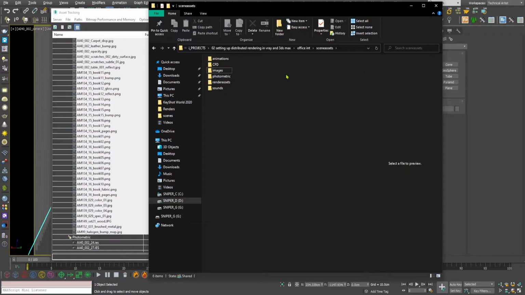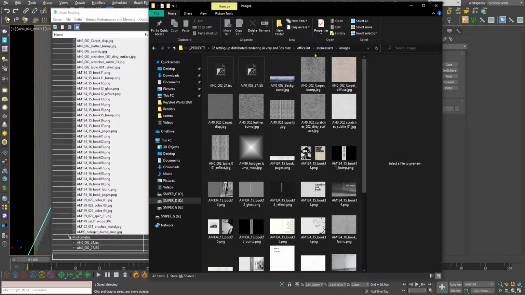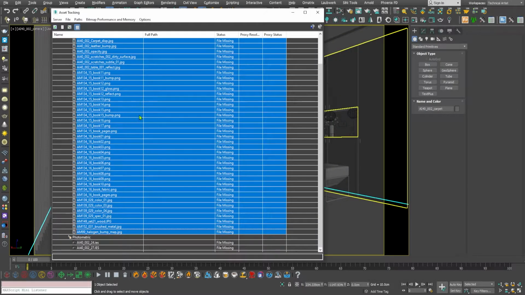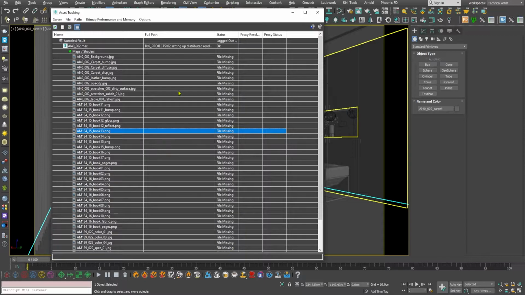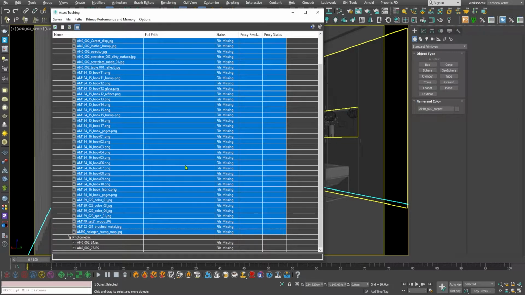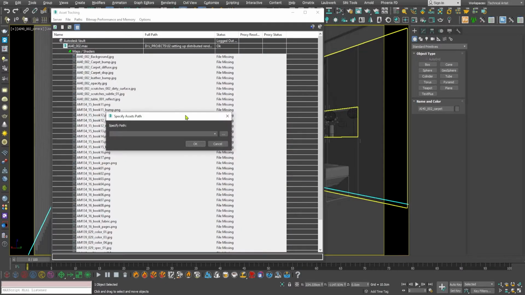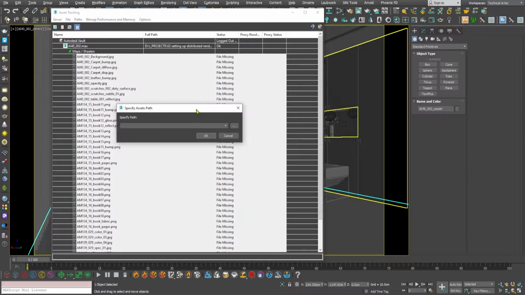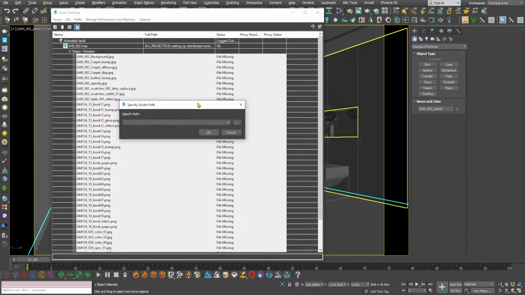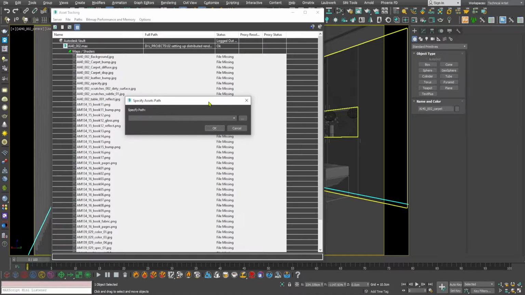After you have done copying and pasting all of your textures to your scene assets images, you can go to the asset tracking dialog box and click and shift click to select all of the textures that are missing, and right click, set path. And then what you want to be doing is going to the network location of your computer.